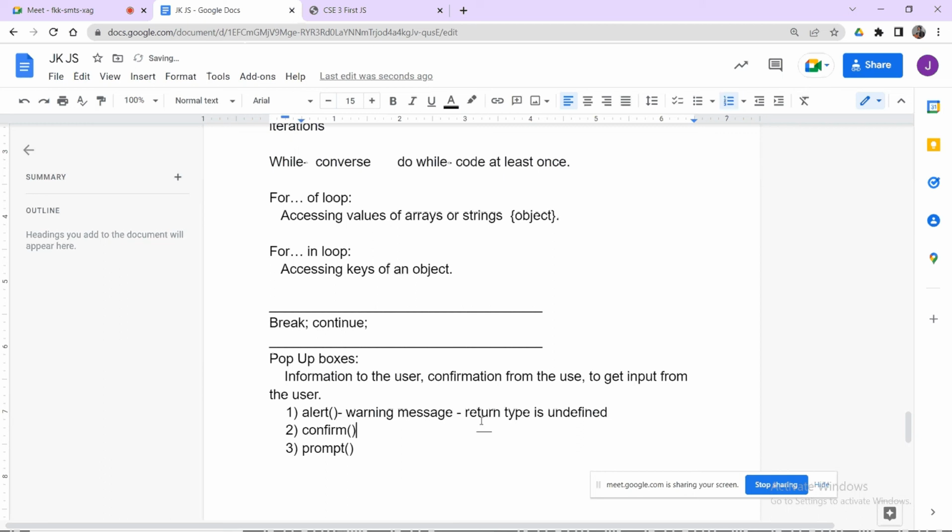Undefined. Whereas coming to the confirm method, its return type is boolean values. Boolean values means it can be two cases, either true or false. That's it. Okay. So when we go for the confirm method, it means you want to get confirmation from the user,